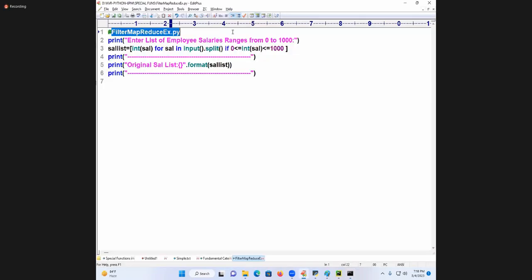Understood? Well, from that, I want to filter what? Come on, fast. Sal 0 underscore 500 is equal to list of filter of lambda sal colon sal 0 less than or equal to 500 comma sal list. Are you getting it? Well,